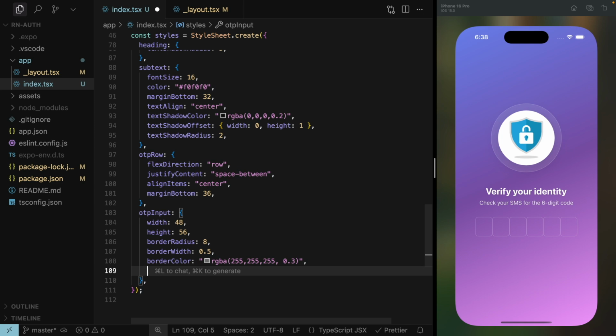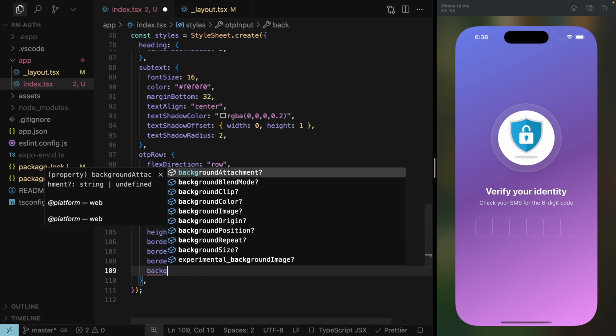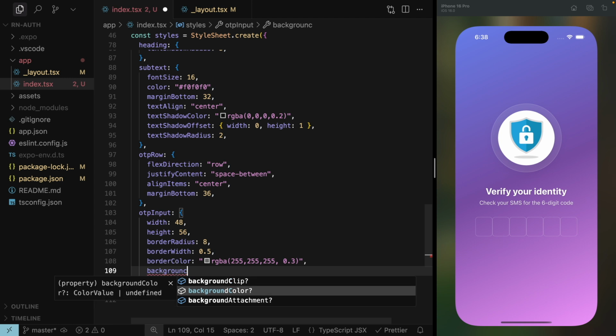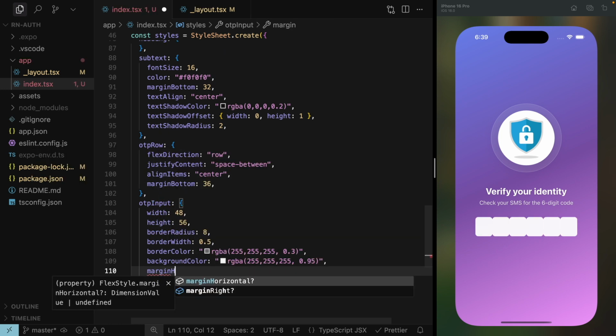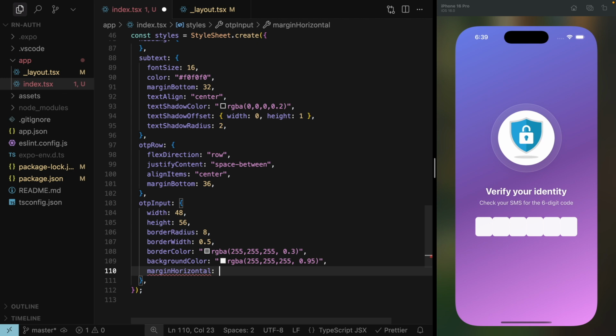And next I'm going to use background color, and background color is again RGB value, so I will simply copy this, paste it over here, and for this background color it would be 95. Next is margin horizontal, and it is 8,